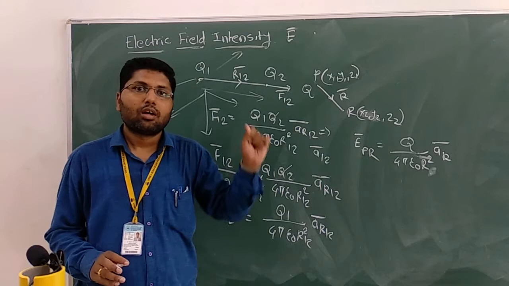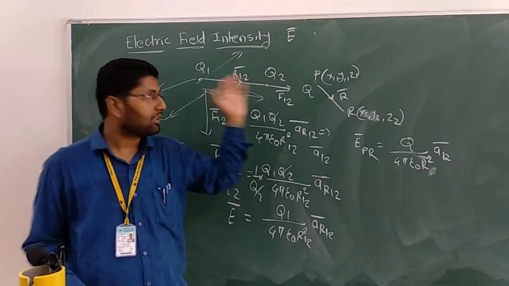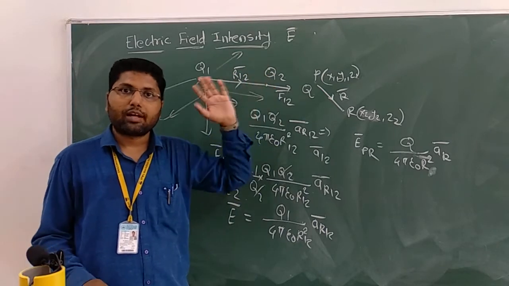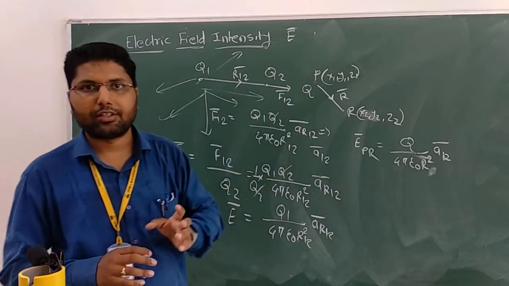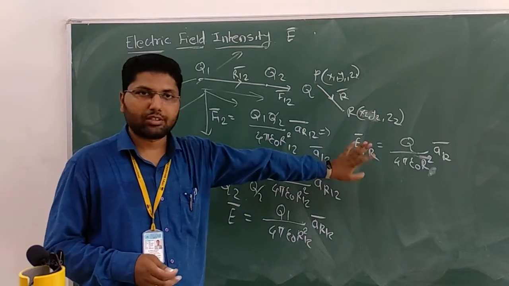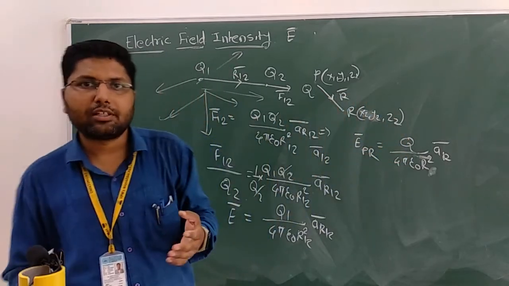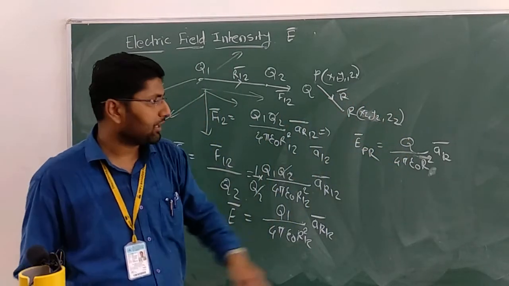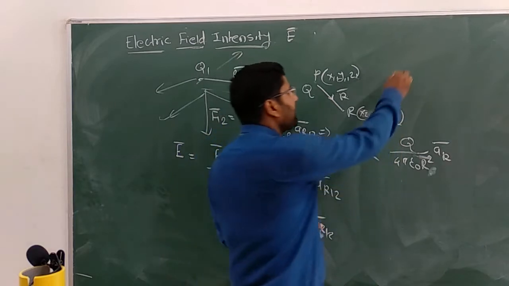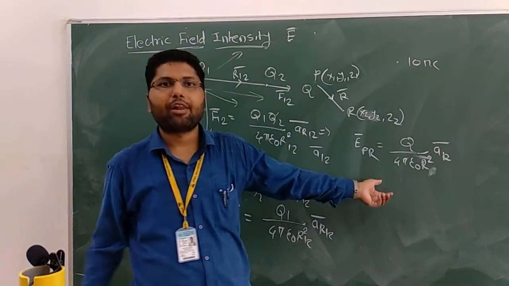The charge generates some force lines towards the Q2. Those force lines are called the electric field intensity. So that electric field intensity you have to calculate by using this formula. Now this is for a point charge. We have seen different charge configurations. Suppose they have given the point charge like Q is equal to 10 nanocoulomb. That time this formula will apply.